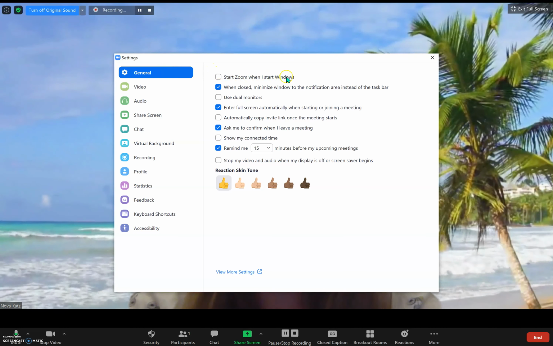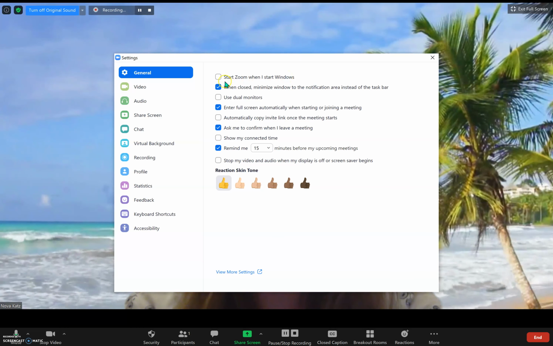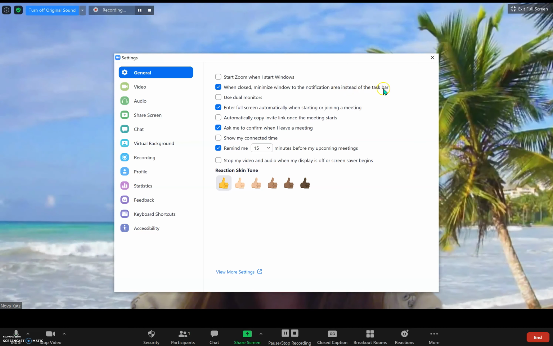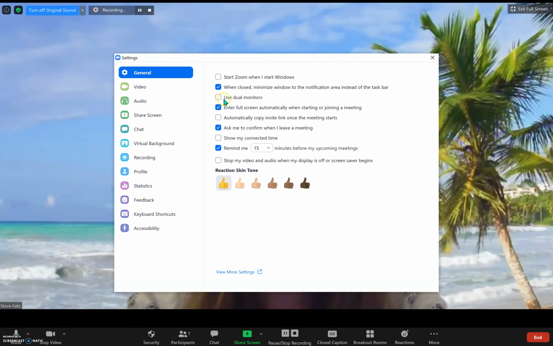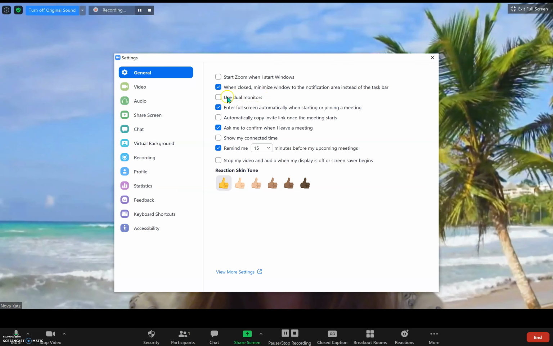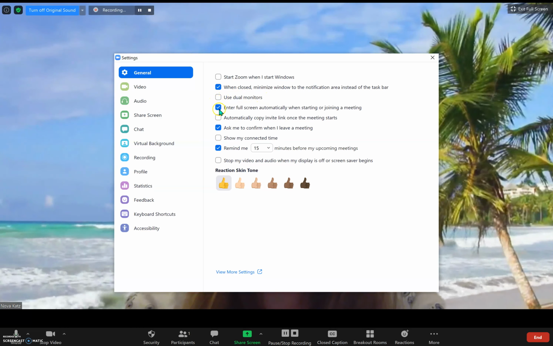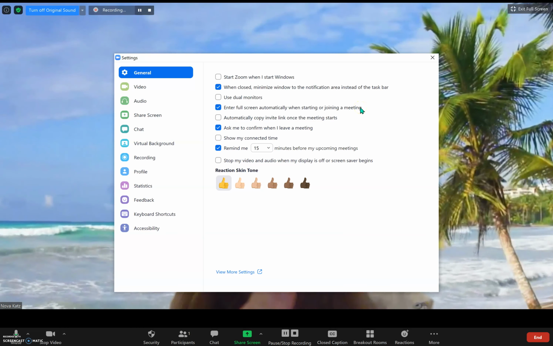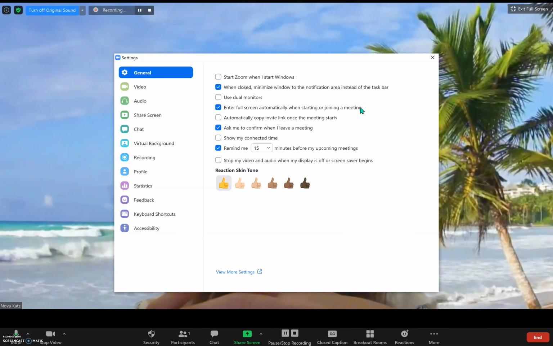I don't start Zoom when I start Windows. I leave that unclicked. When it's closed, I minimize the window to the notification area instead of the taskbar. I'm not using dual monitors, but if you are, I recommend you check that. Entering full screen automatically, I really like that. If some people are working on something in the background and you don't want it to enter full screen, leave